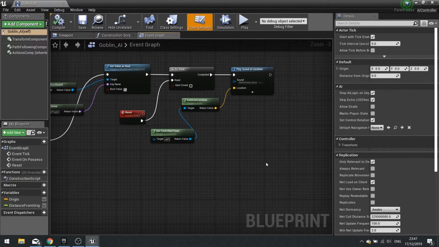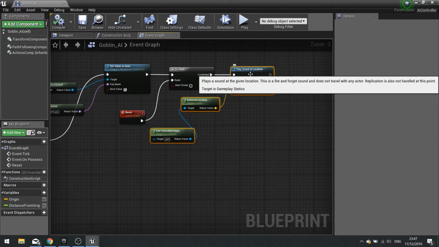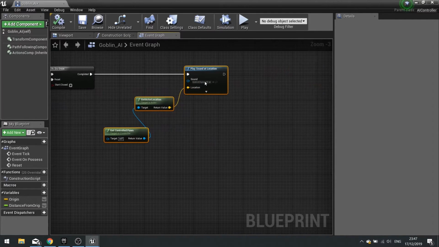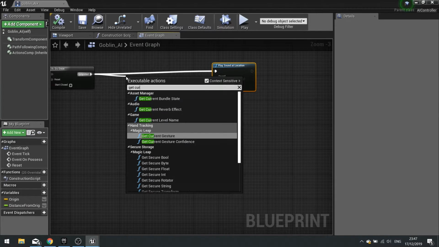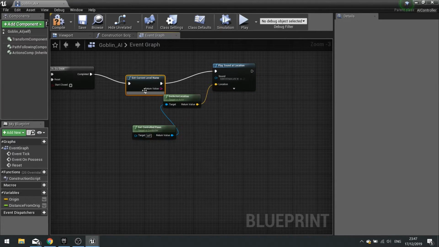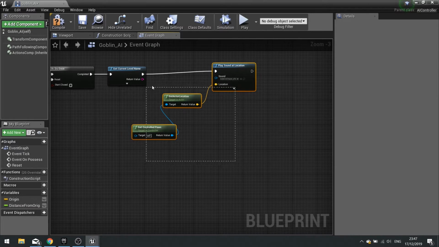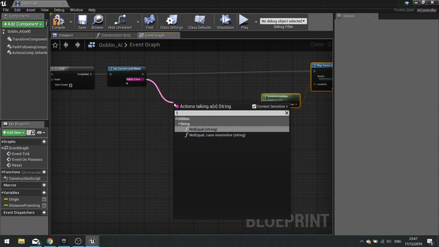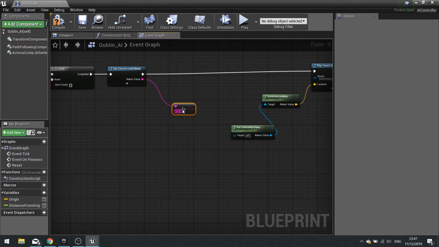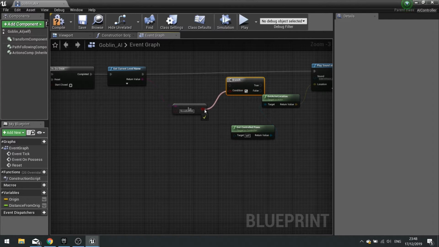Yeah. So we only want to do this when we're not on the level of the boss battle. So we're going to get current level name. And we want this to be not equal to. And here we'll have boss battle. Is it boss battle? I'll check that in a second.